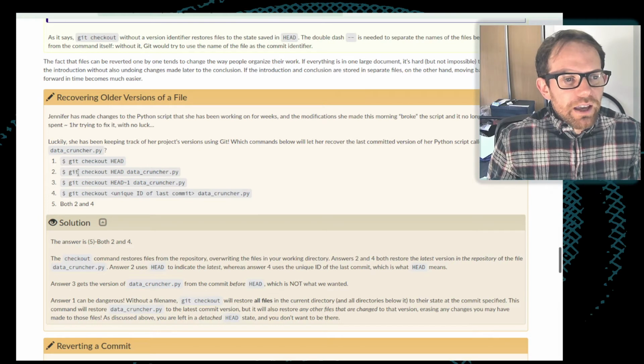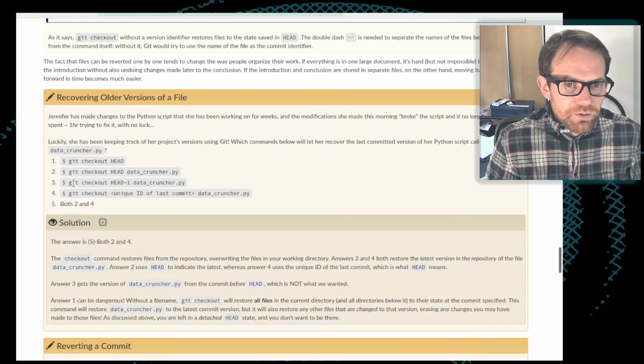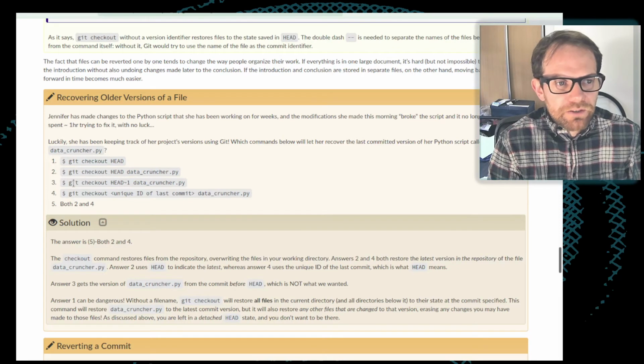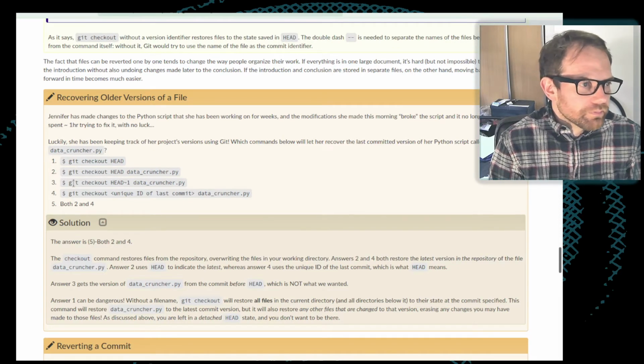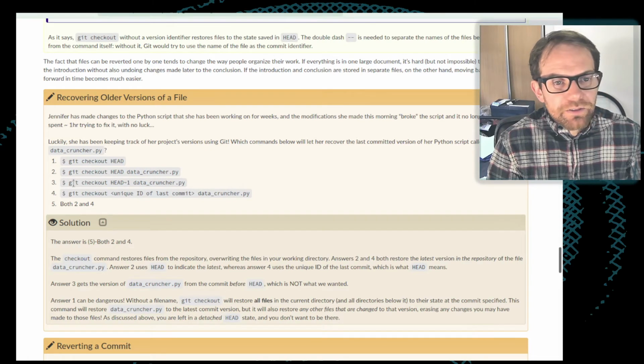Git checkout head datacruncher.py will work. That's exactly what we've seen so far in this lesson. Git checkout head~1 datacruncher.py might fix her problems, but it's not going to get the most recent commit, but the commit before that for datacruncher.py. And then finally, git checkout and the unique ID of the last commit, datacruncher.py, will also work.